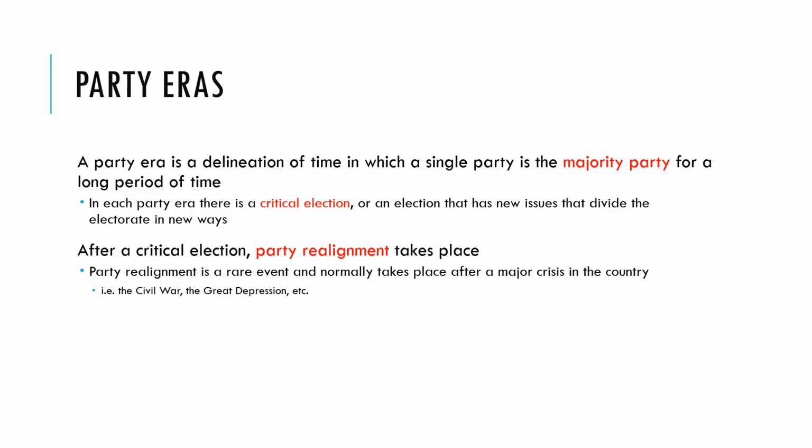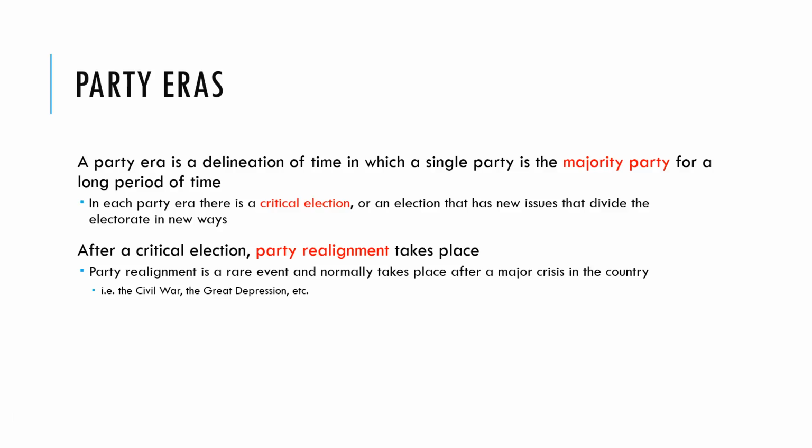So a party era is a delineation of time in which a single party is the majority party for a long period of time. And throughout the history of our country, there are definitely parties that dominate large swaths of history. When we change from one party dominating to another party dominating, that's known as a critical election. And this is an election that has new issues that divide the electorate in different ways, that may destroy a party, that may help create a new party, and we see those types of things happen a variety of times